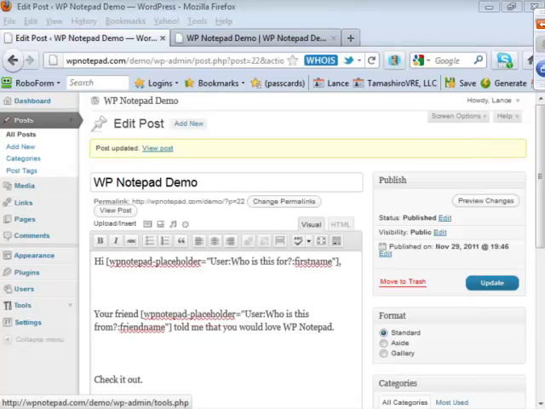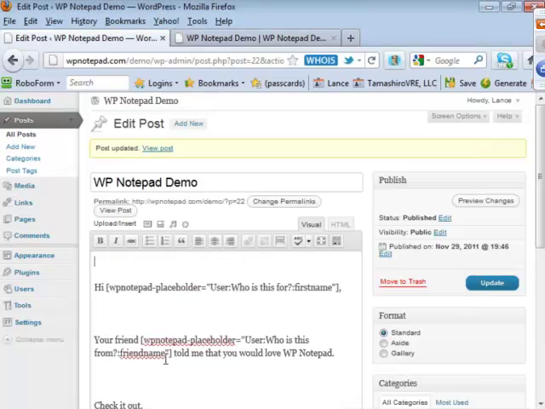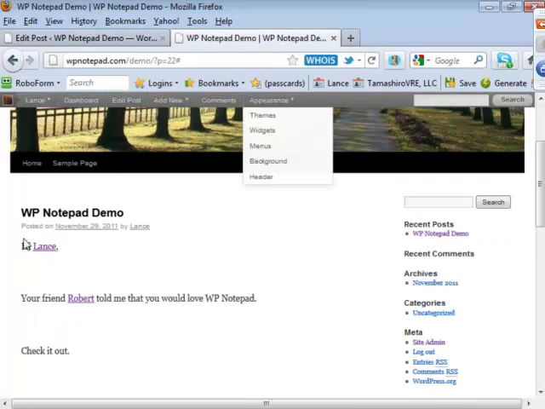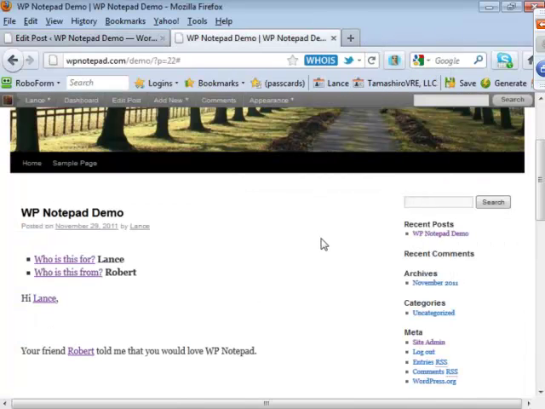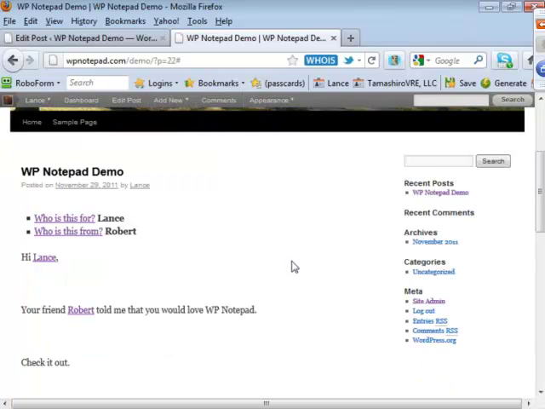I'm going to take this tag right here and paste this in here. And just at the top, I'm going to put this thing that says WP Notepad questions, and I'm going to hit update. Now let's go back to our post over here, and I'm going to hit reload. And now check out what just happened. Now those questions show up.